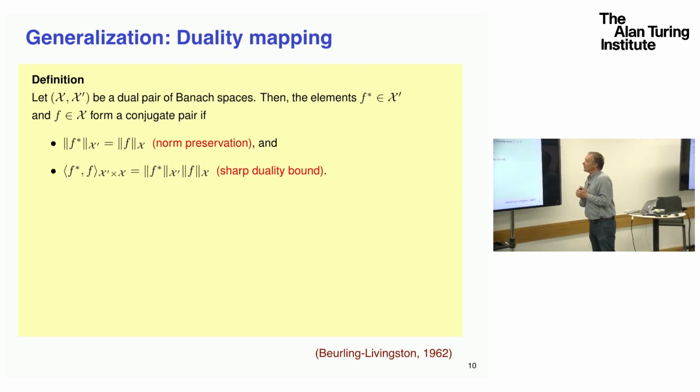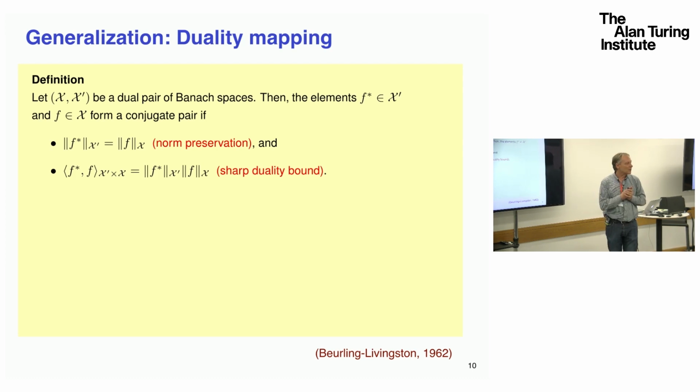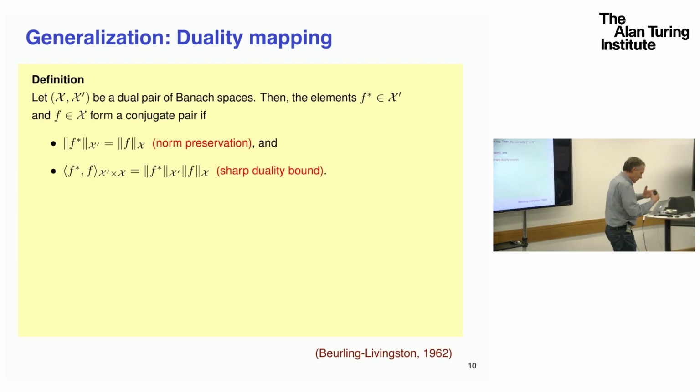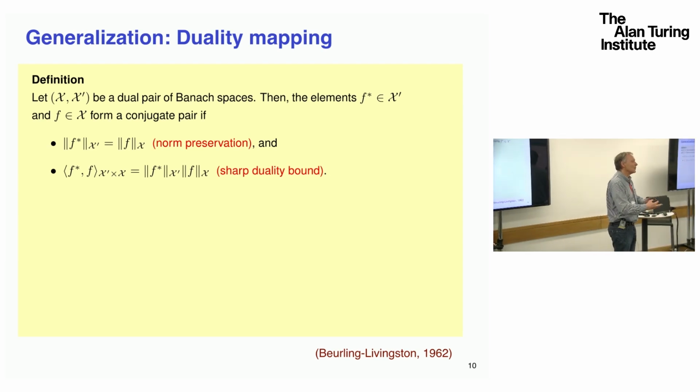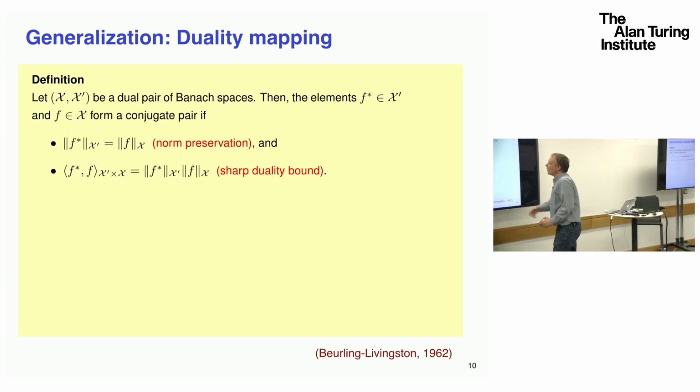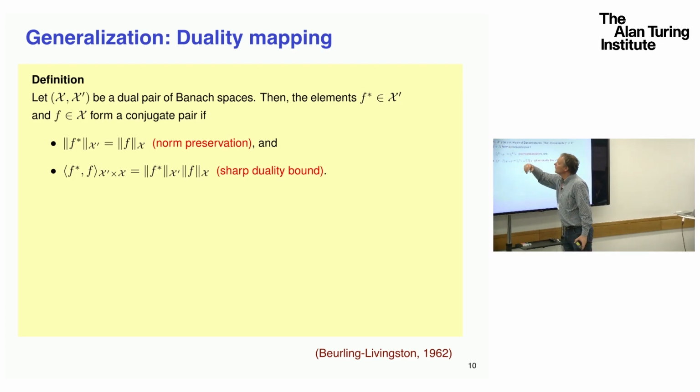Okay, generalization. There's a generalization, and I must say, when I was doing my work, I felt there's a name to that. I just didn't have the right name, and after a while, I found it in the literature. It's just called duality mapping. I'm sure many of you know it. So, definition: let us consider a dual pair of Banach spaces, X and X prime, then the element f star, which is in the dual space,